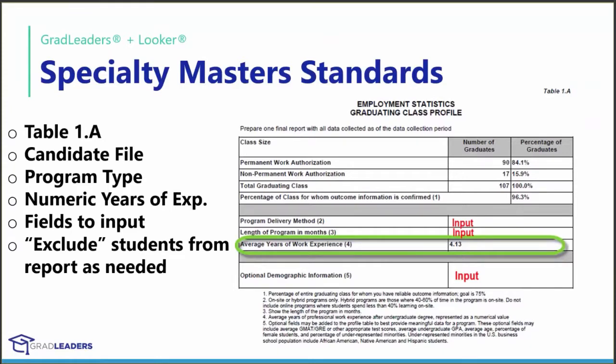All right, take a breath, shifting gears here from the full-time MBA standards to the specialty masters. This report, in many ways, is a lot like the full-time standards report, with a few exceptions. And most of the exceptions occur right here on table 1.A, where they're trying to understand something about your class size. There are new fields needed on the student profile for program type, and a numeric value for years of experience,